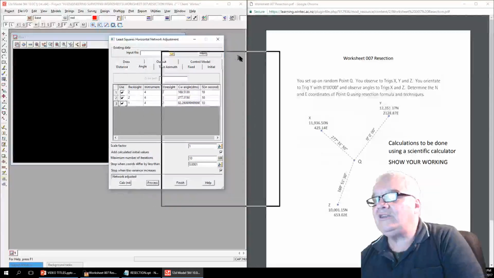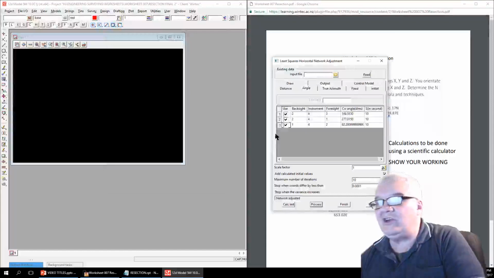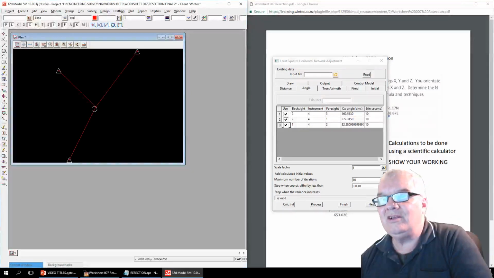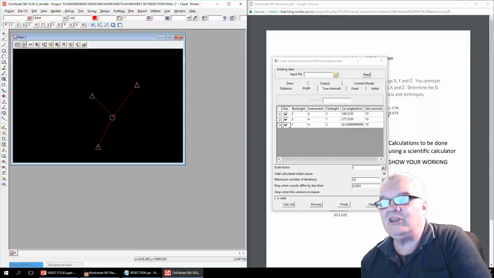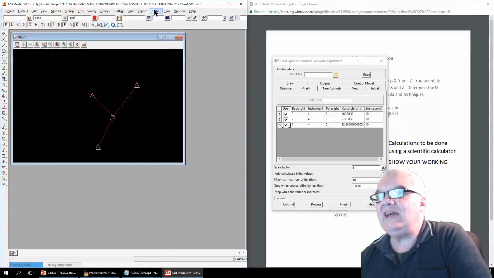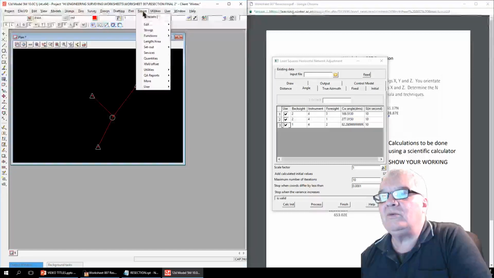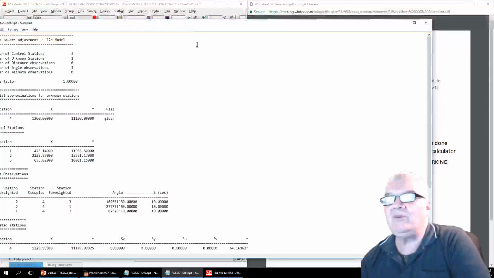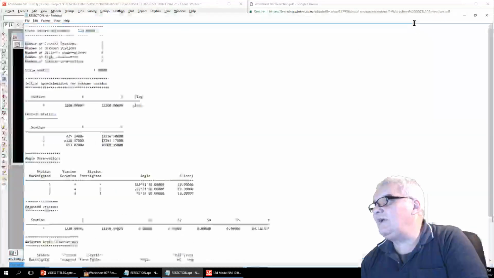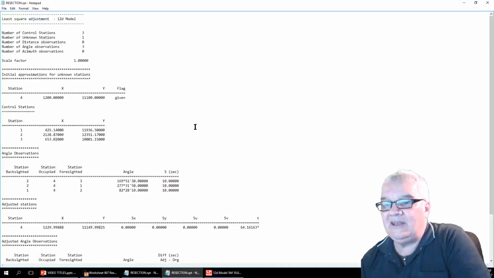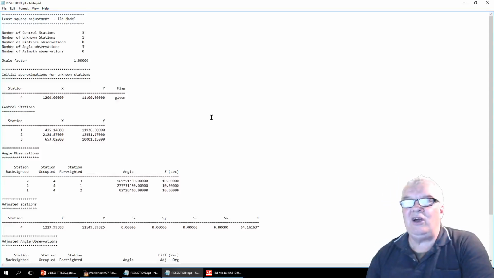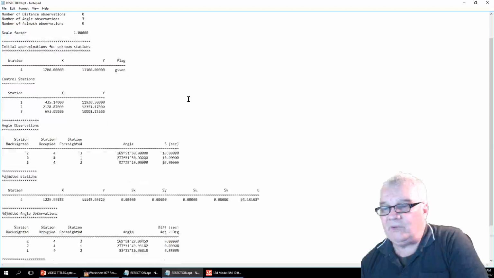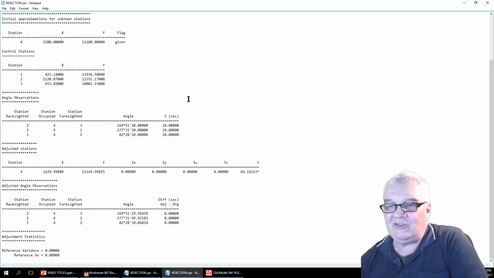So let's just move that out to one side. Over here is my control. So there's my network there. And then up in here is my report. And I'll look at the resection report there, which I'll just make huge like that. And there's my resection report with the details that I've put in. And it's calculated